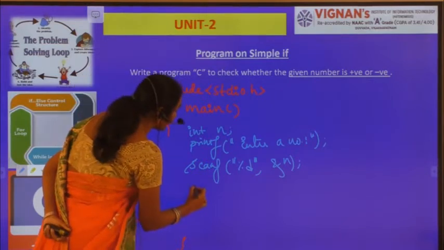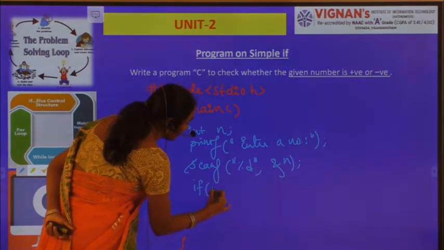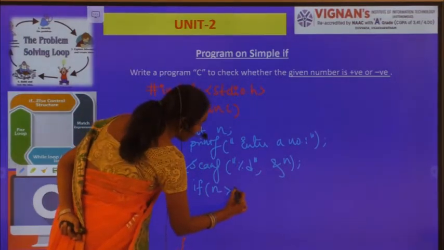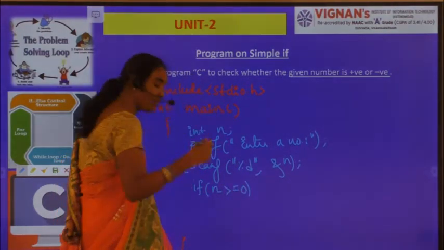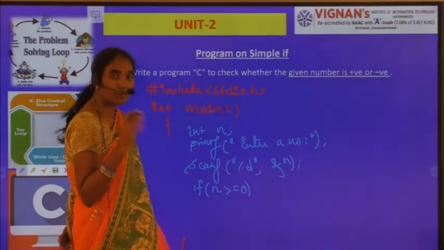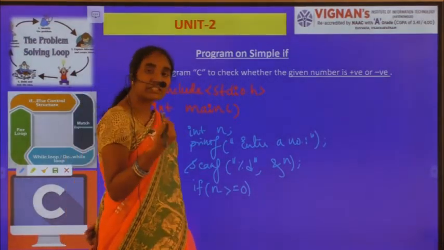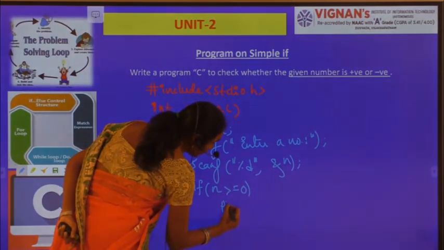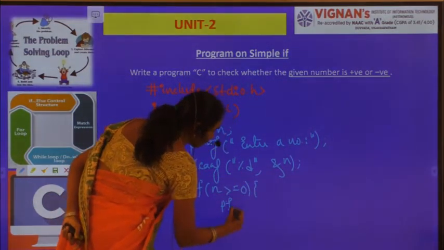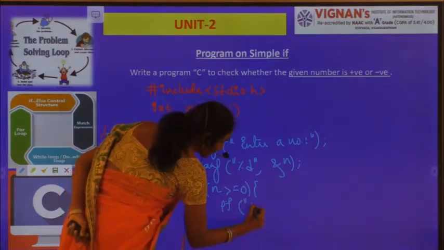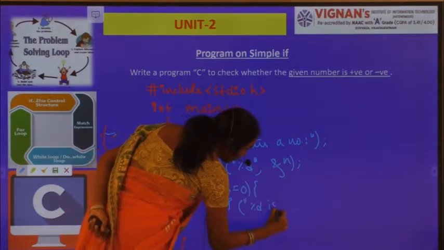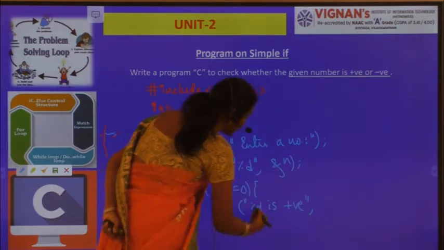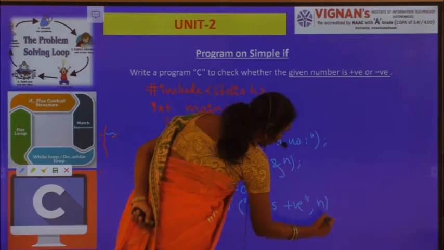So now after that, if n is greater than 0, okay, I will write equal to 0 also in the condition. So let us take 0 as also positive, right? So if n is greater than or equal to 0, what does it mean here? printf %d is positive, and this %d corresponds to n.